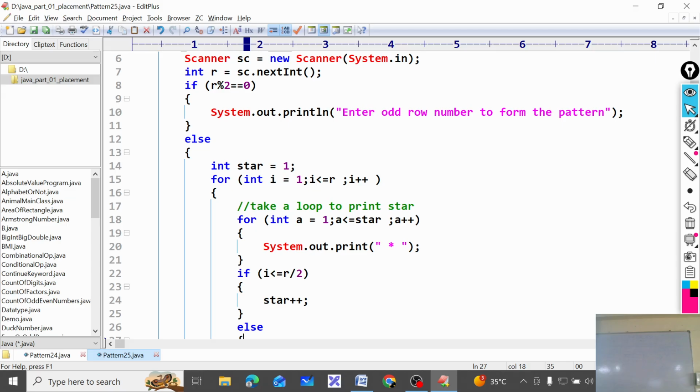Space plus plus, space minus equals to, make it star. No, this is the problem. Star, now it is. Star plus equals to 2. Now check it.